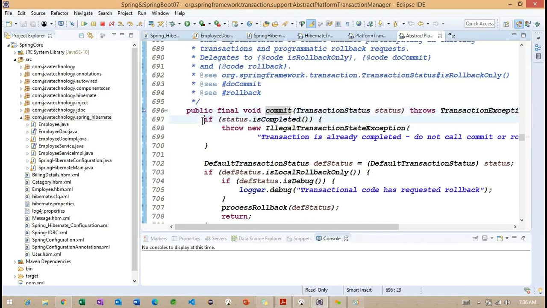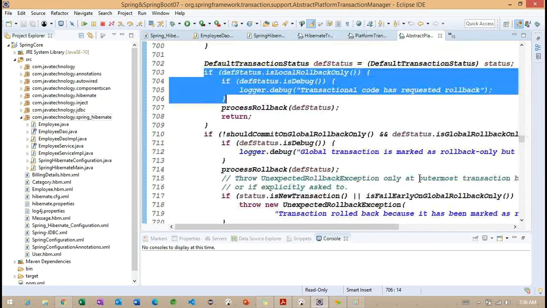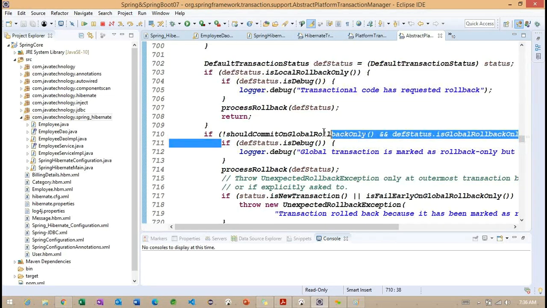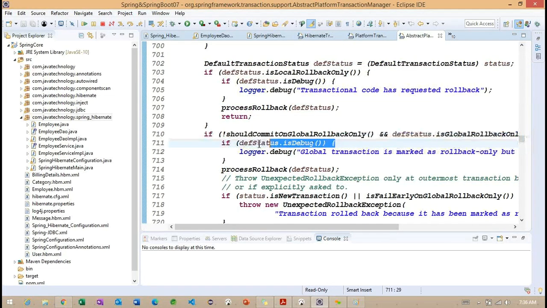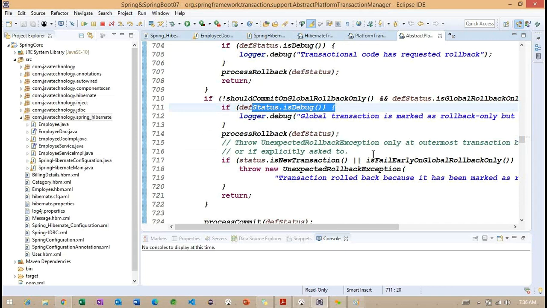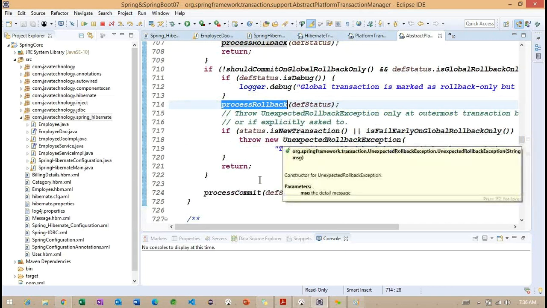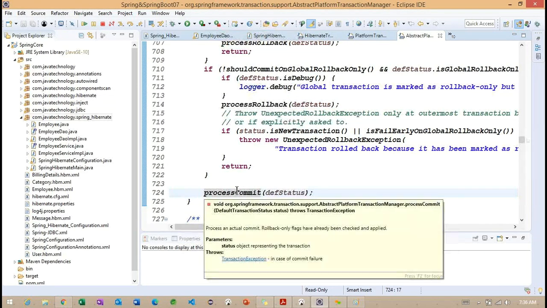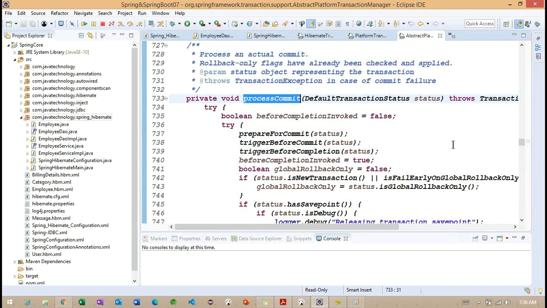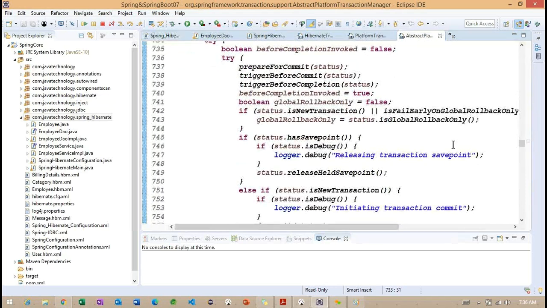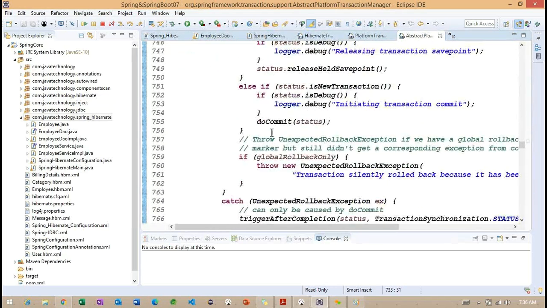They are checking conditions: status is completed, or is local rollback only, or they are checking is debug. If any condition is satisfied, they will roll back the transaction. If no condition is satisfied, they will call process commit here. So internally, they are going to commit the information.